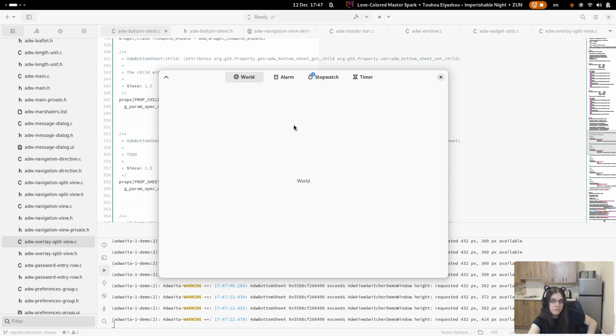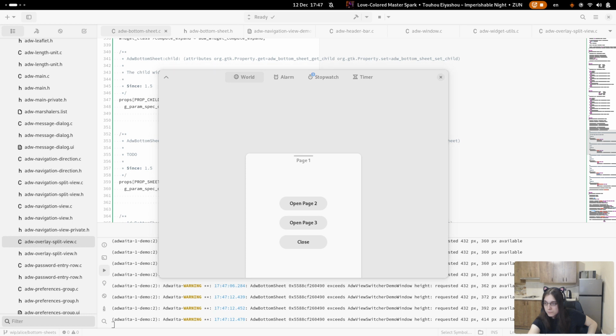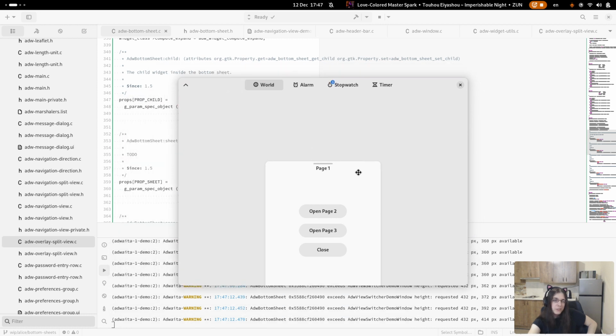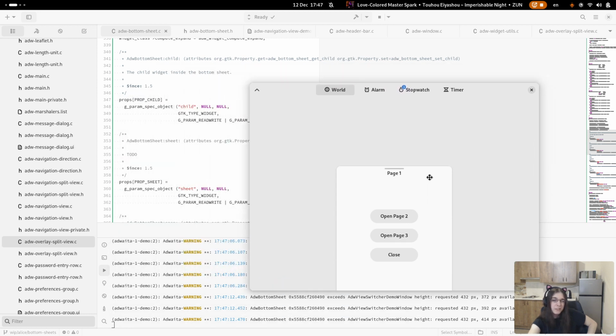And when it's hidden, it's always not. So the only question is about this partial state. So maybe it just needs to be a flag which is modal when partially expanded.